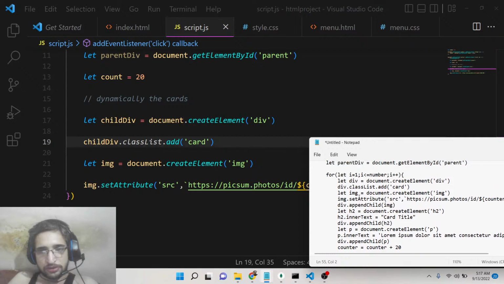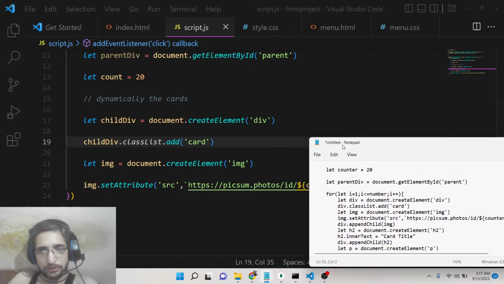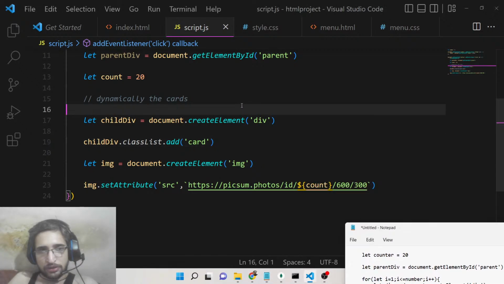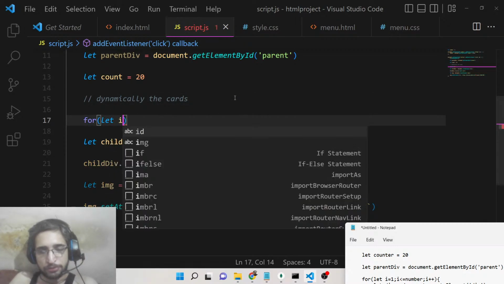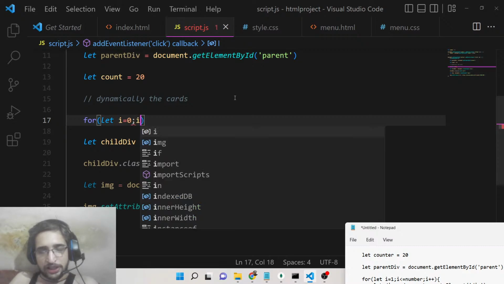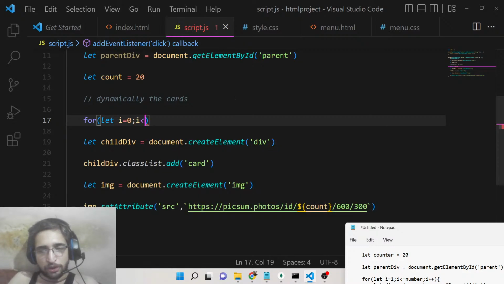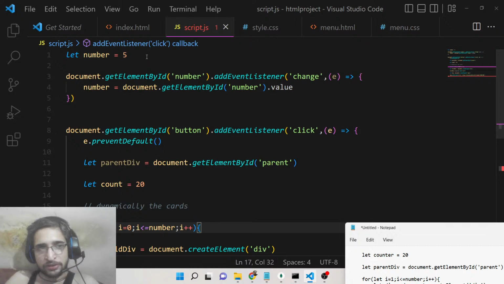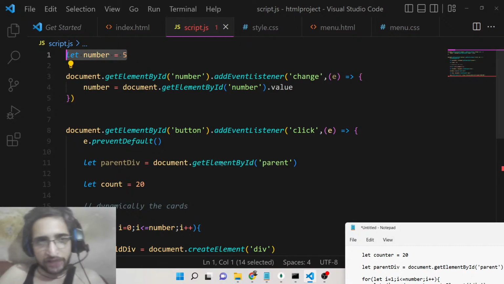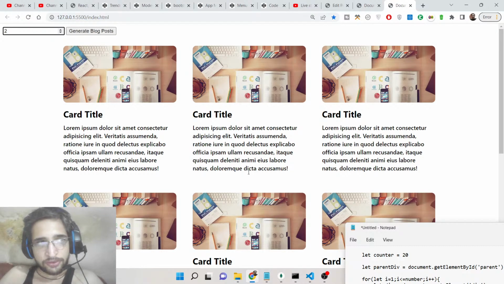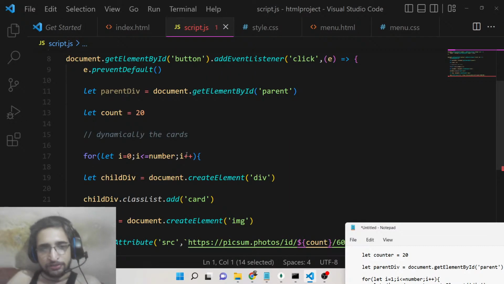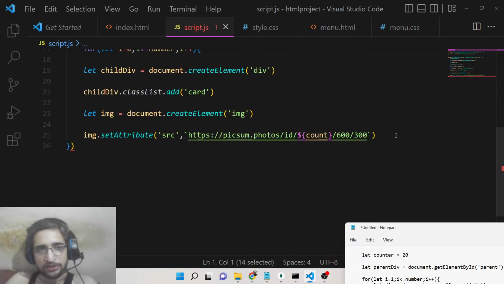So if you see here, from here on we need to wrap all this code inside a for loop. So let i equal 0, i smaller than or equal to the number. Number is, you can see, currently holding 5. So if I change this to 4 or 2, depending upon that the for loop will run, i plus plus. So we can surround this,